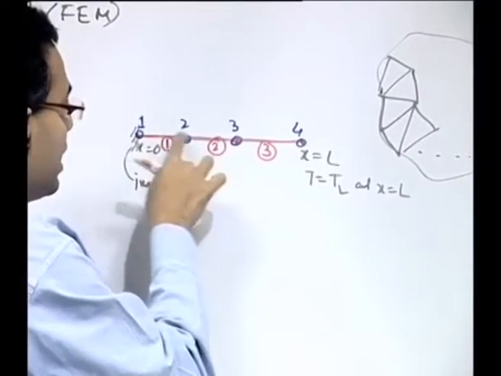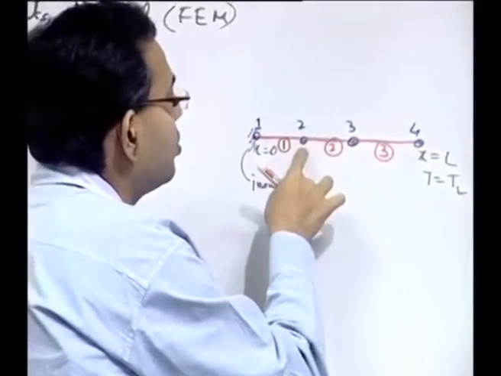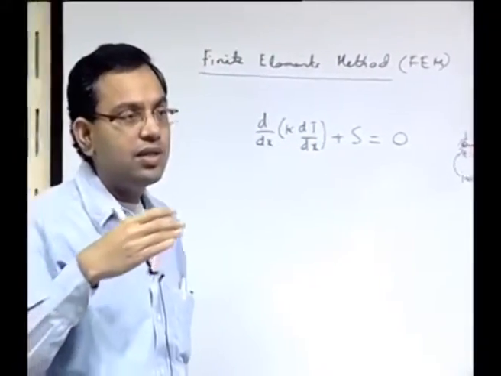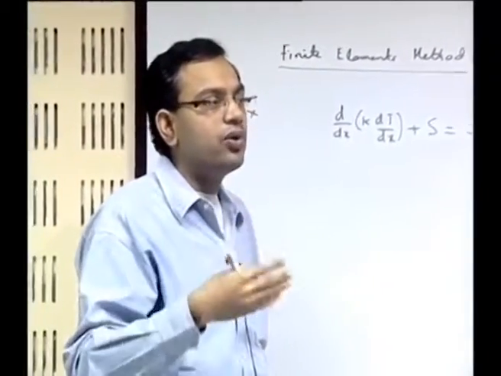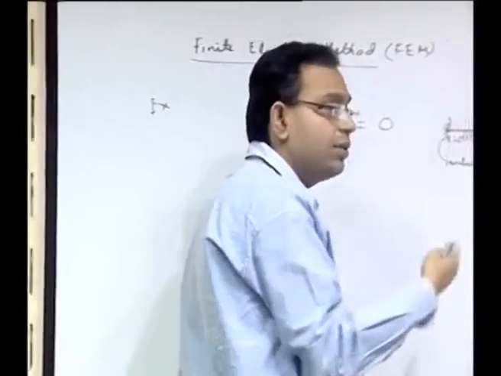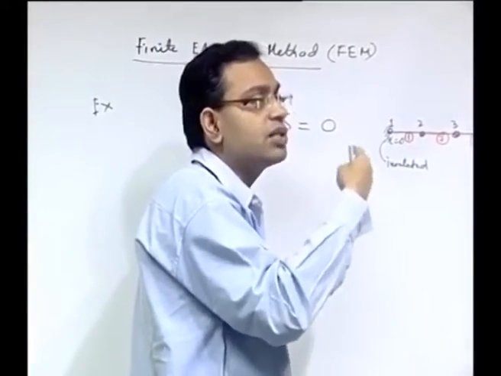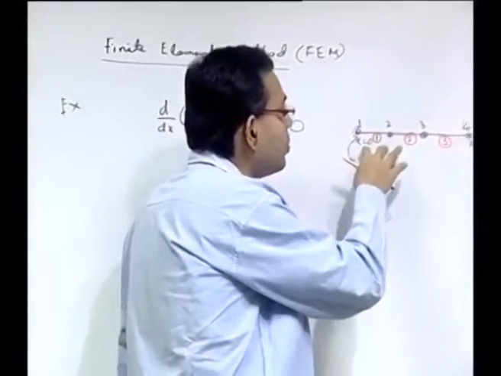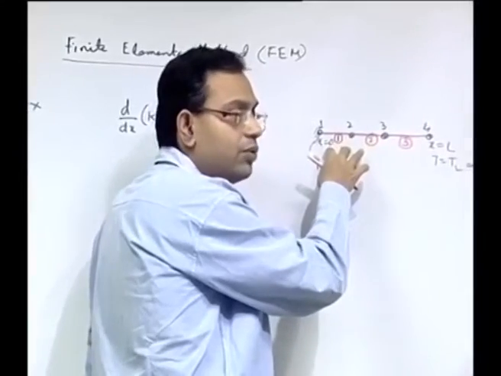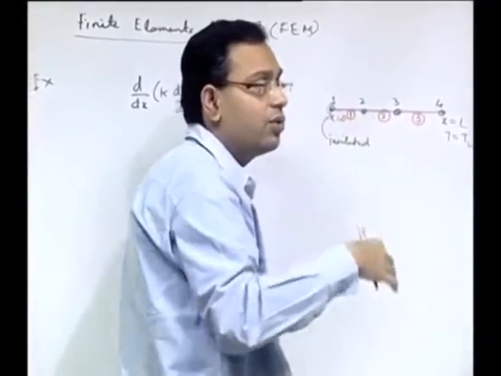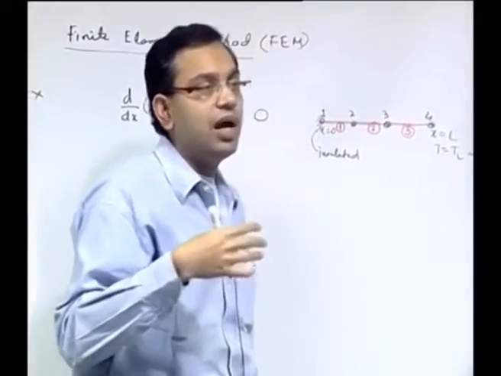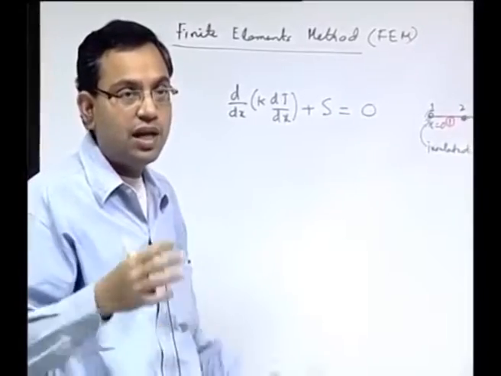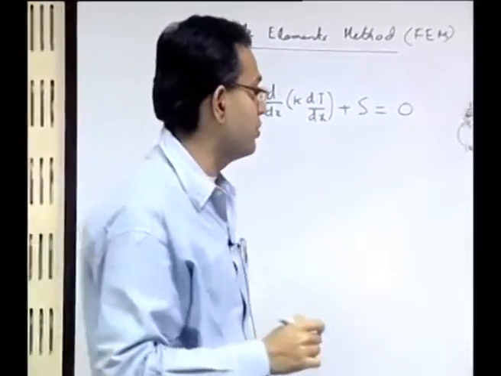Remember that it is not necessary that each element will have 2 nodes; each element can have whatever number of nodes, and we will see very soon that the more nodes each element contains, the higher and higher order approximating polynomial can be used for interpolating the dependent variable within the element. But obviously more nodes will mean higher computational expense, because you have to solve for the variable at those nodes. So, there is a sort of compromise that one looks for.